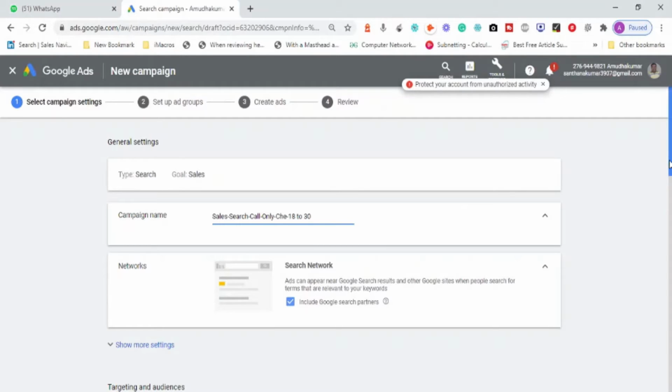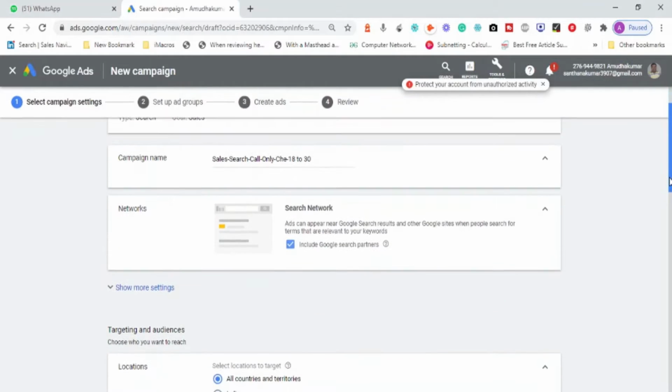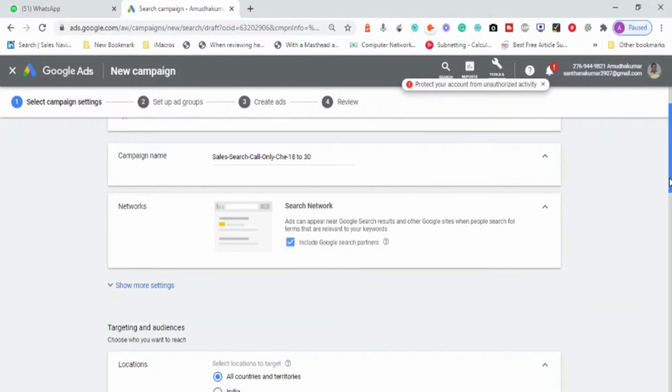Now, because I have selected only the call only ad option, or only the phone calls option, I have an opportunity to show my advertisement only in the search network, which means only when people search. Earlier, when we tried to add visitors to the website, or create the same sales campaign, we had both search network and display network.